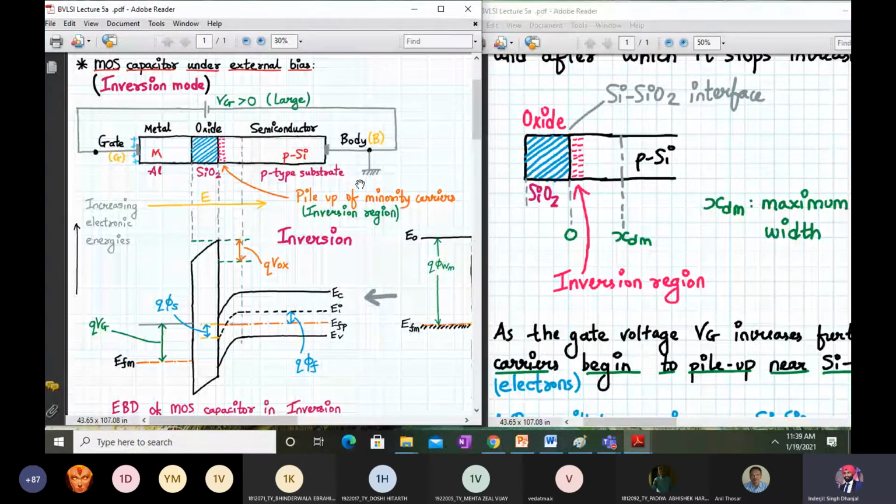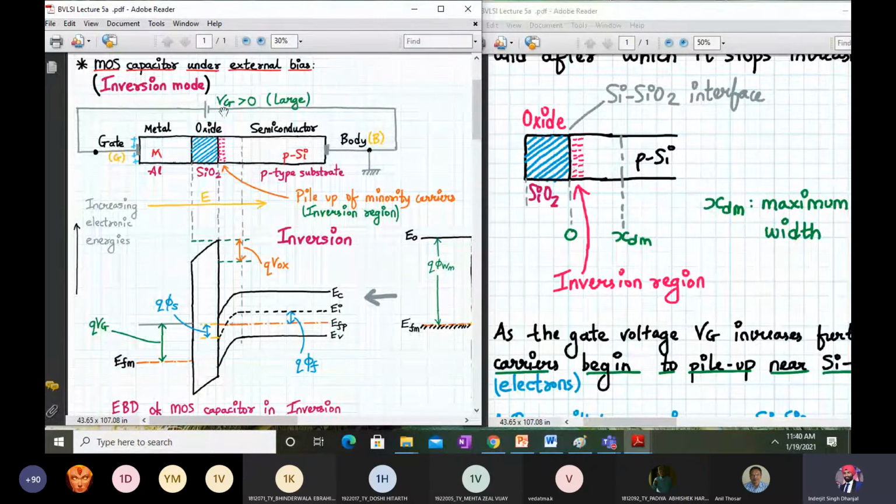as the gate voltage is increased further, the minority carriers. Now listen, in p-type silicon you have majority carrier holes, but you're forgetting you also have minority carriers. So as we increase the voltage, you're also increasing the chances that these minority carriers will also get attracted towards the silicon dioxide interface. Okay, since you have applied a negative potential at the body, these minority carriers, which are electrons, begin to go towards the oxide layer, but they cannot cross the oxide layer. So they get accumulated or piled up near the Si-SiO2 interface.